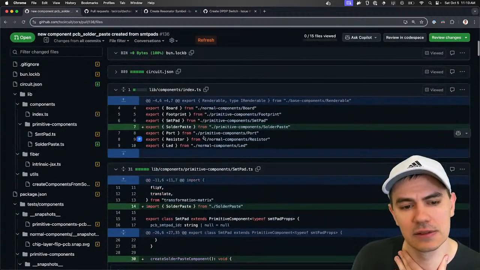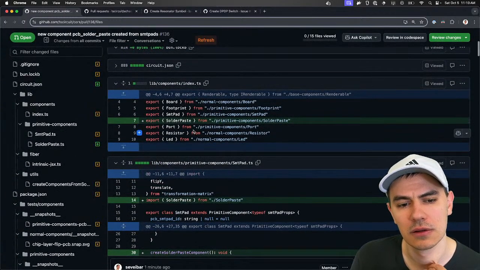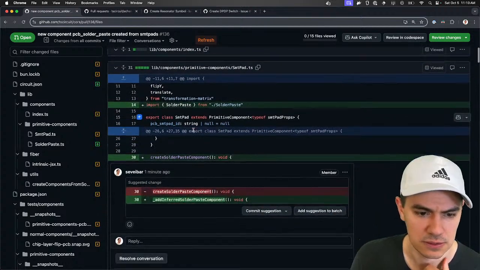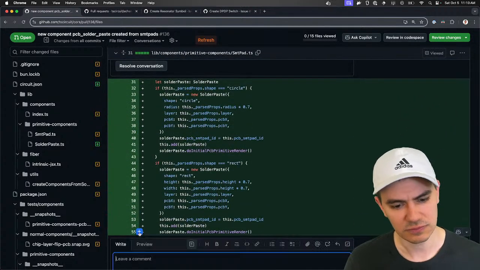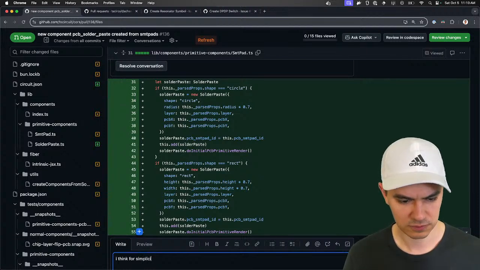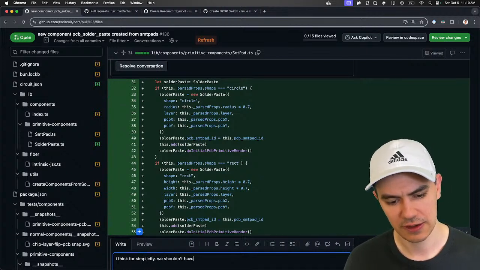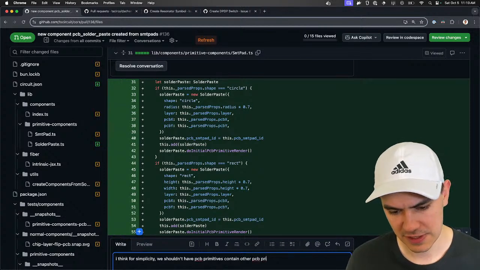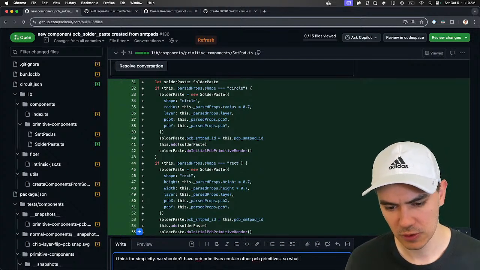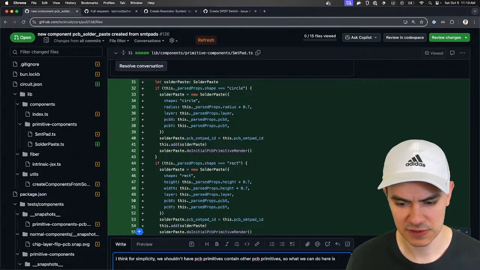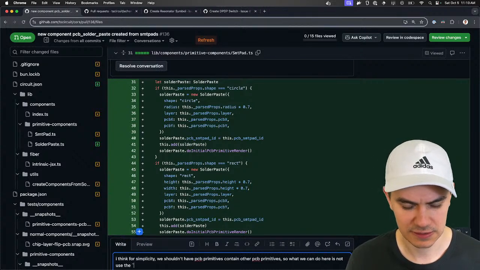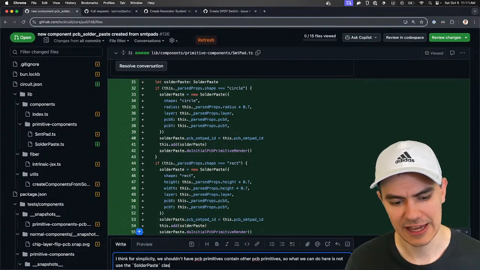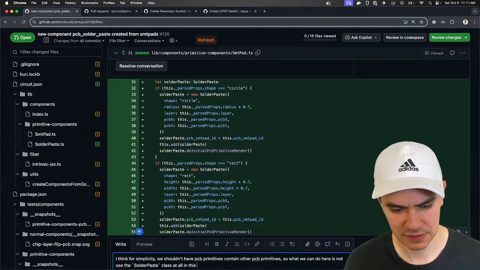Yeah. So we shouldn't have PCB primitives contain other PCB primitives. So what we can do here is not use the solder paste class at all in this class.